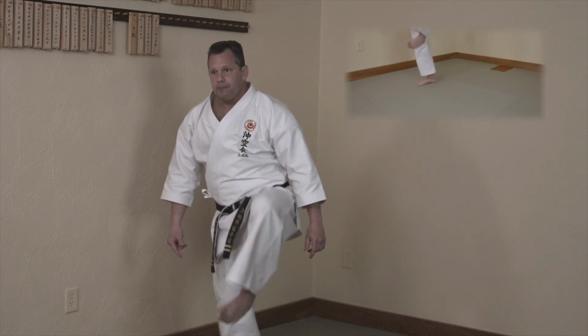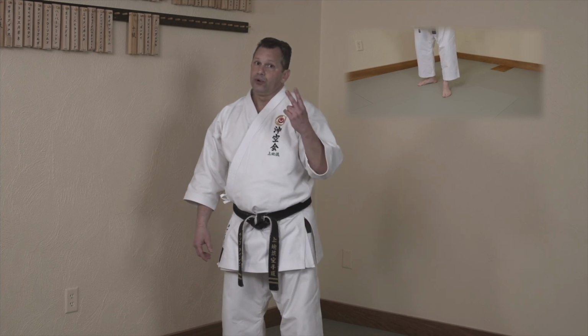So sometimes you're moving and something is right here next to your foot. You can unbalance and then strike that leg and get 2 for 1, which is always great. Okay, so let's now take a look at how